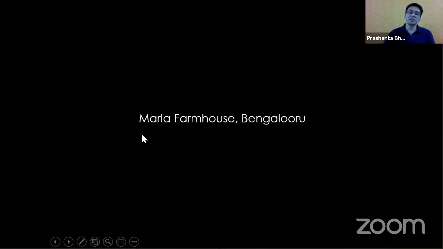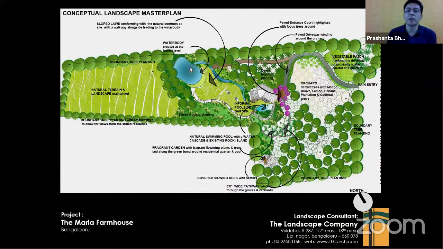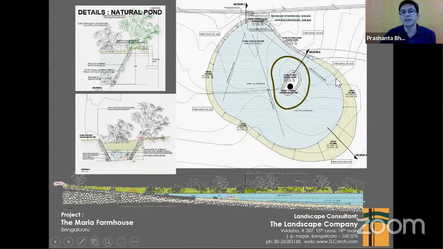But talking about ecology and sustainability, we designed a farmhouse for the Marlas. The site required us to actually look at rainwater harvesting. And so there was, of course, the orchard, the entrance, the driveway, the house itself. The clients were very sensitive to ecology. And so this is something that we studied and figured out how we can do a natural pond. As I said, everybody would like to have something beautiful. And that, again, is defined by media, by people's expectations. But we need to change that.